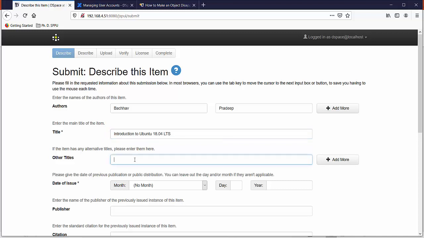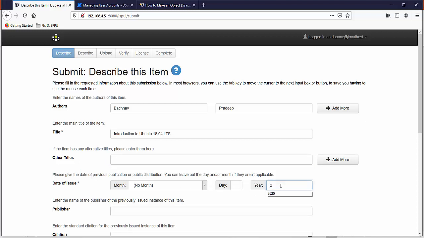If another title is there, you may enter it here. Then date of issue is a mandatory field. Star marks, asterisk marks are mandatory fields. That is, title is mandatory, date of issue is mandatory.